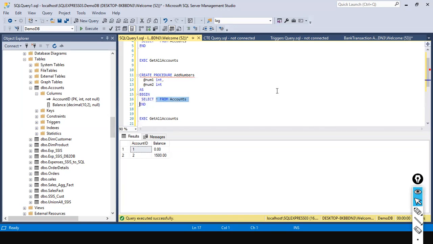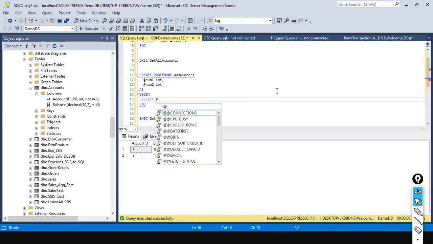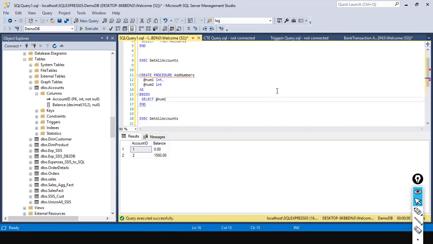here, because in this case I don't have any table, without a table also you can use a select statement. So how? Look here, @num1 plus @num2. You need to specify @num1 plus @num2 as